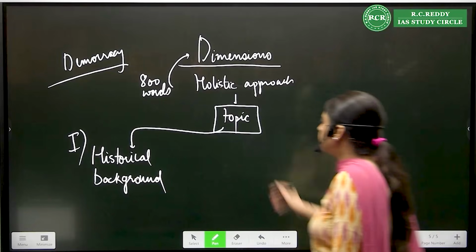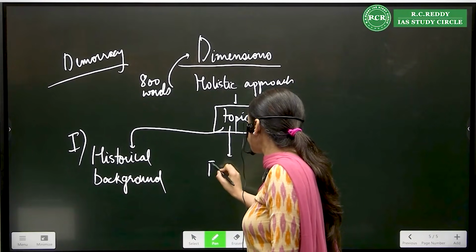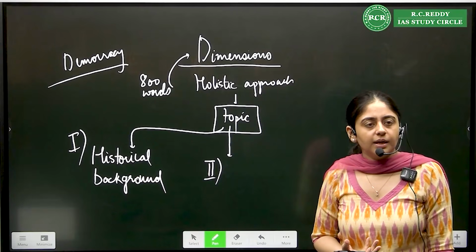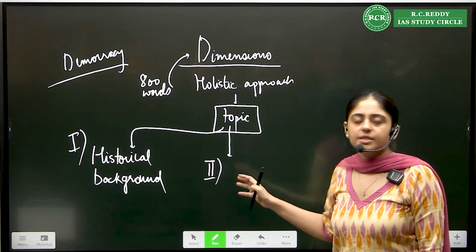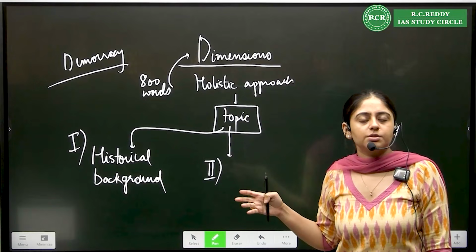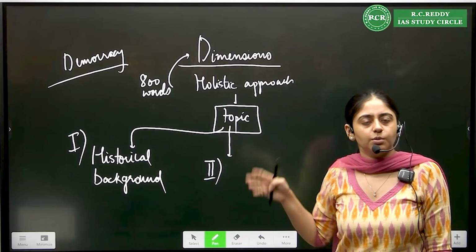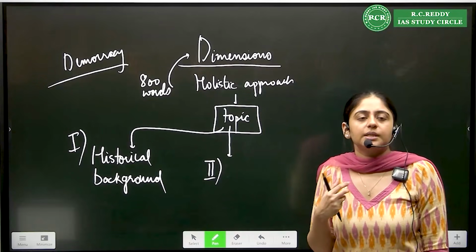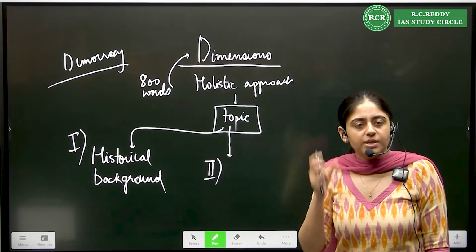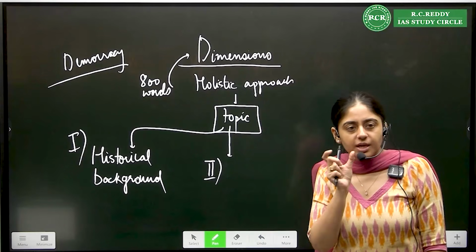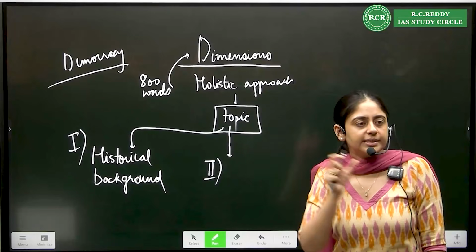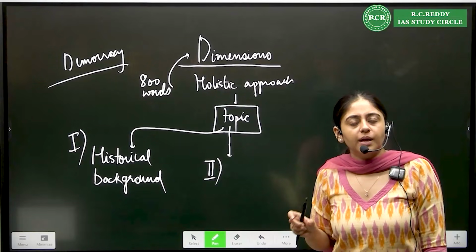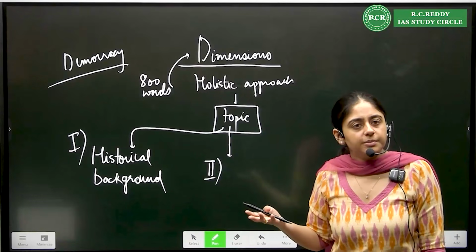Now, other possible dimensions can be features of something. So see, whatever dimensions I'm discussing here, these are not exhaustive in nature. Exhaustive means that only these points will be there in your essay, and nothing else. This is just a thinking tool, so that once you see a topic, you know in which direction your brain should move. That is, is there any history? Is there a second point, third point, fourth point, fifth point? And then there might be other points also with respect to that.